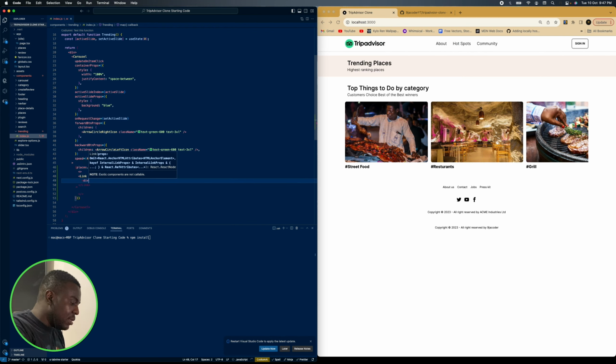All right, so we're going to say div class name. Didn't give me what I wanted there. Class name, we're going to say margin 4, shadow XL, over